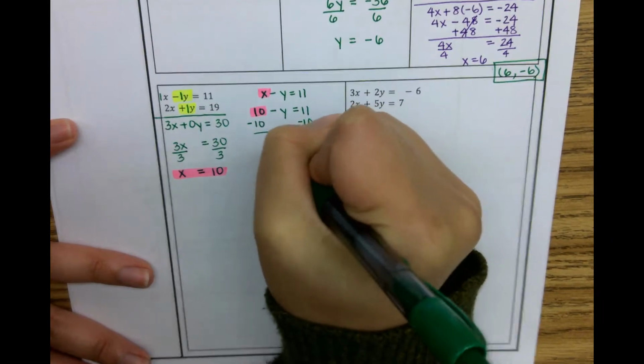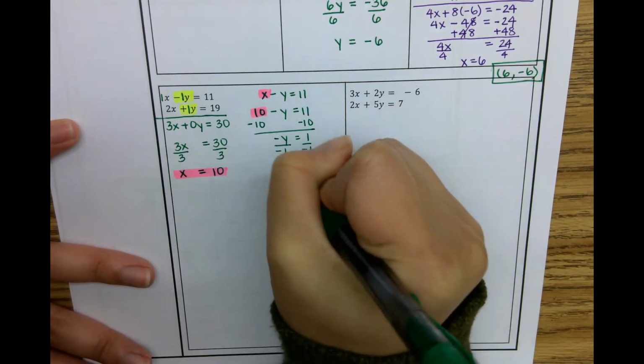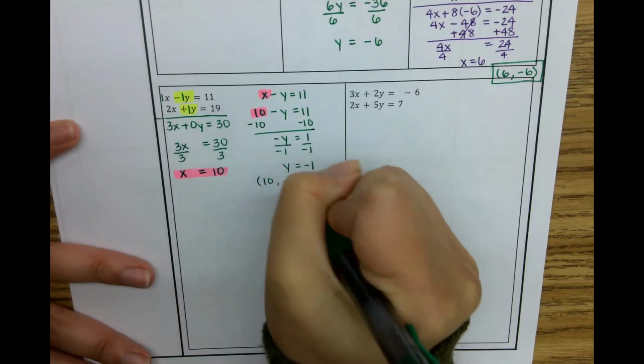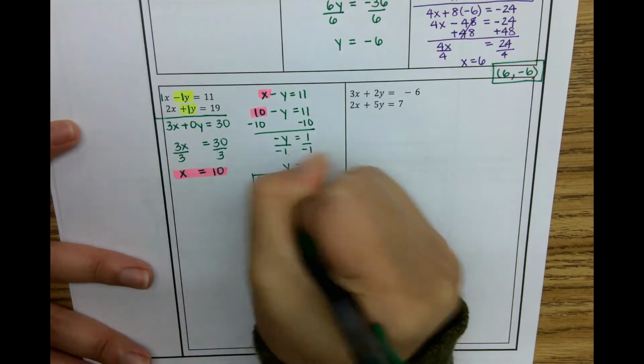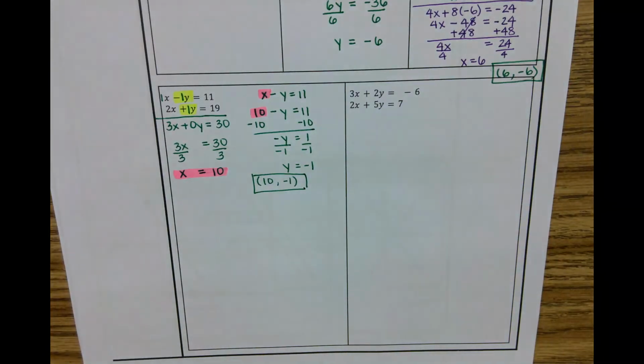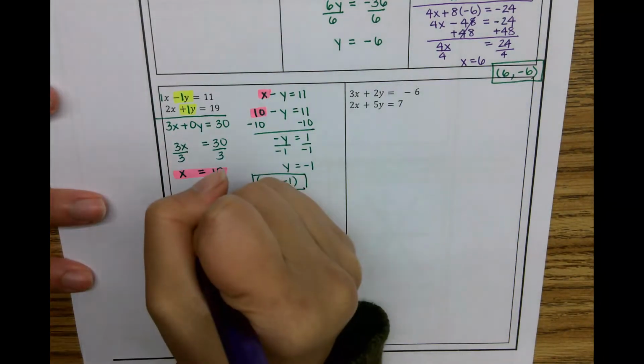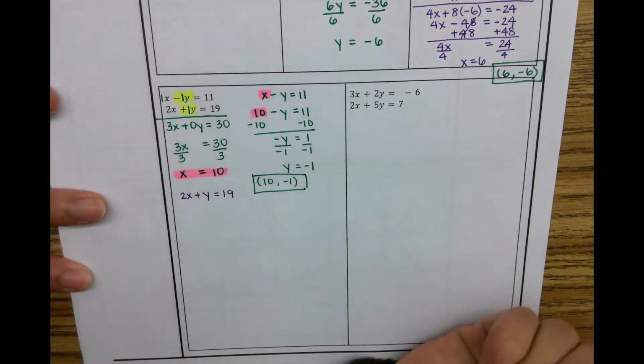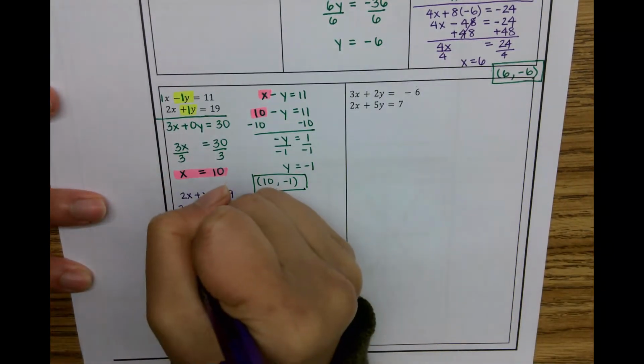Get rid of the negative by dividing by negative 1. And so my final answer is 10 comma negative 1. You can see that if I had chosen to plug it into the other equation, the second one, I should still get the same thing. So if I plug in 10,